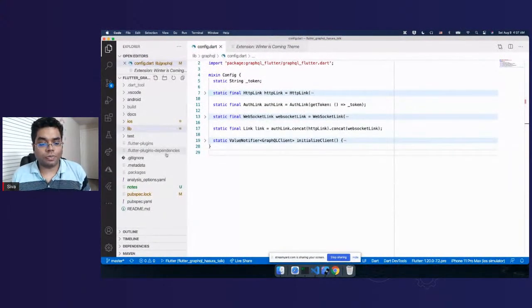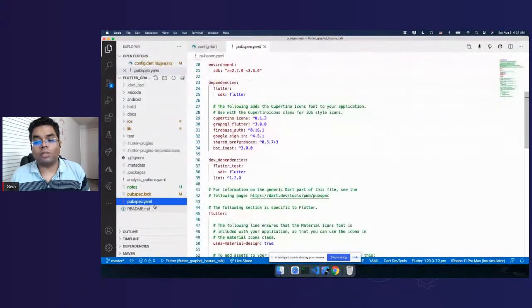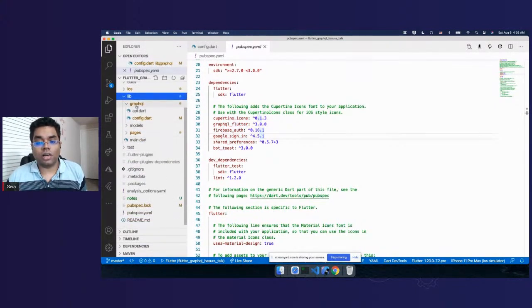So in this code, let's start with the pubspec.yaml. What are the dependencies I need to integrate GraphQL in my Flutter application? We have the GraphQL Flutter package in pubspec.yaml, so you can add that dependency in your dependencies here. And I have included the dependency, but I need to configure where I call my GraphQL server data, right? So for that, I have created this config.dart,